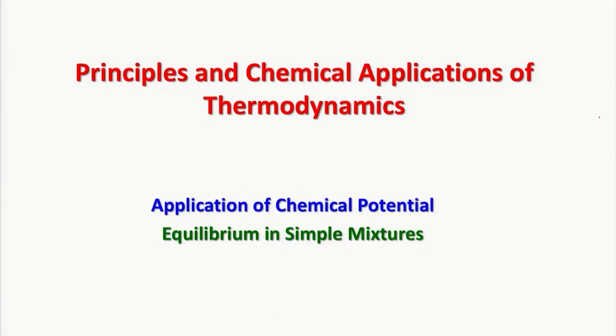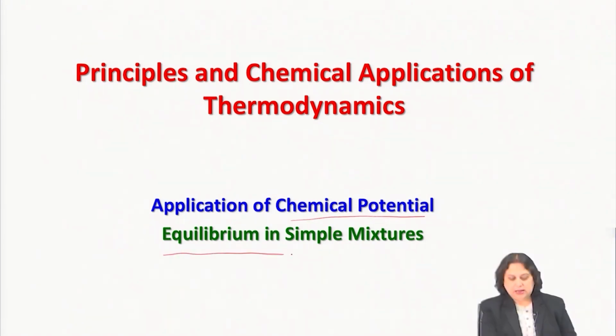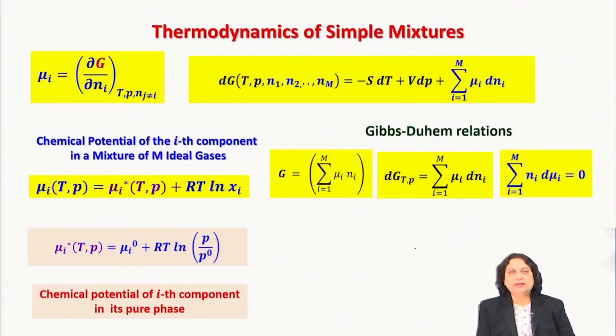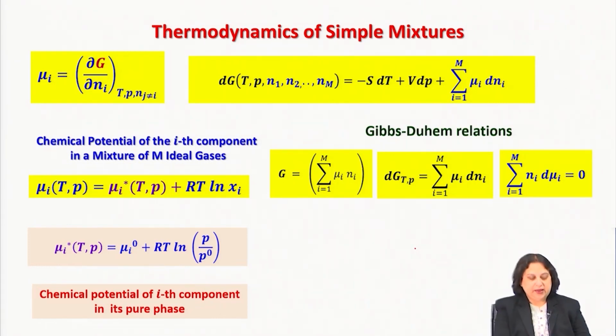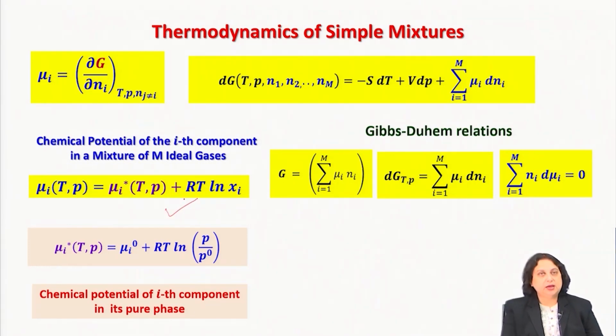Hello students, welcome back to our discussion on the principles and chemical applications of thermodynamics, and we will continue our discussion of application of chemical potentials in equilibrium of simple mixtures. And we have already seen how to use the fundamental equation of chemical thermodynamics to find out the chemical potential of the ith component in a mixture of capital M ideal gases, whereby it's possible for me to write down